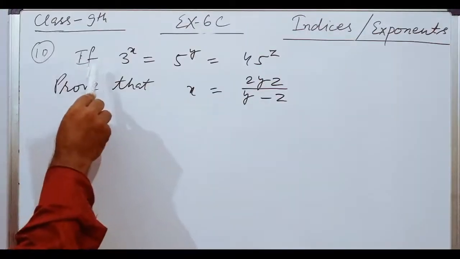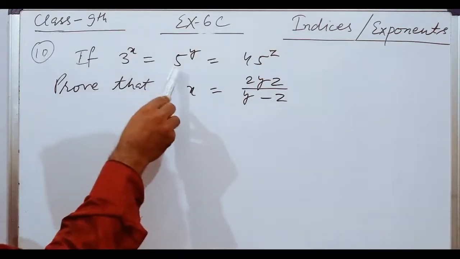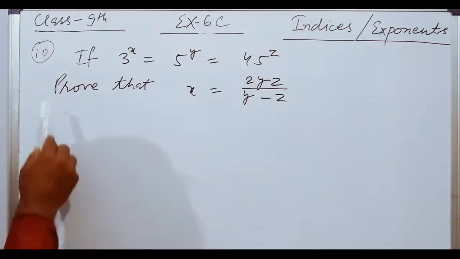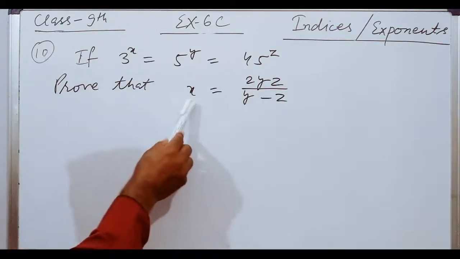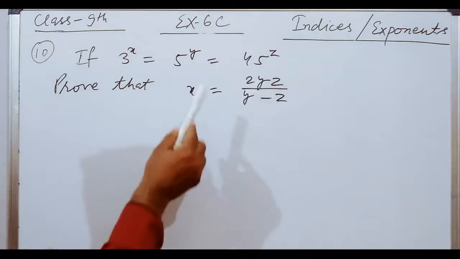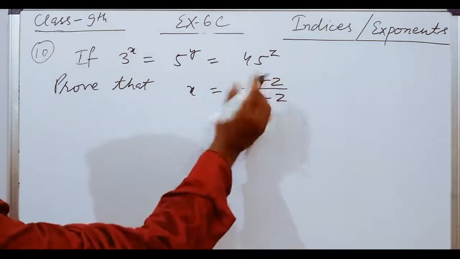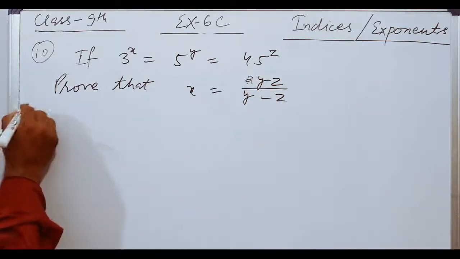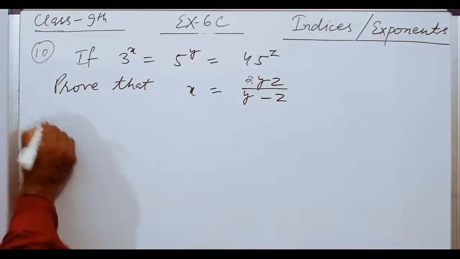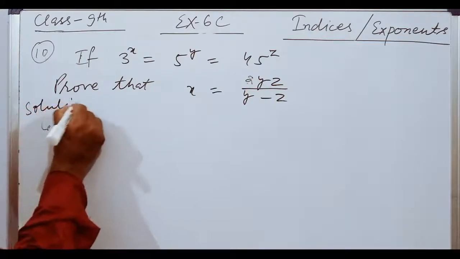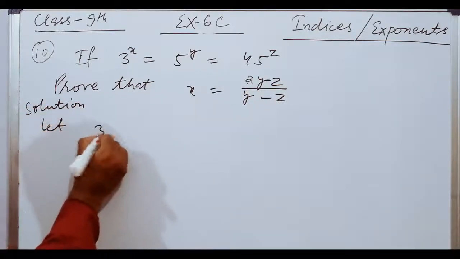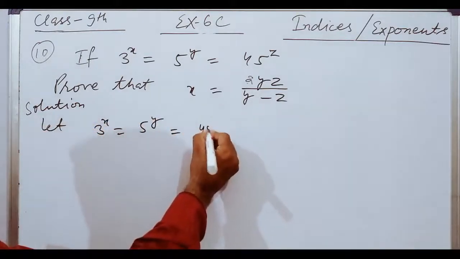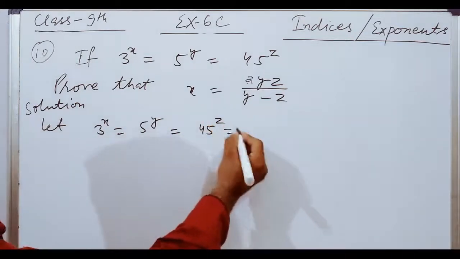Now question number 10. If 3 to the power x equal to 5 to the power y equal to 45 to the power z, then prove that x equal to 2yz upon y minus z. Dear student, it is 2yz upon y minus z. So solution: let 3 to the power x equal to 5 to the power y equal to 45 to the power z equal to